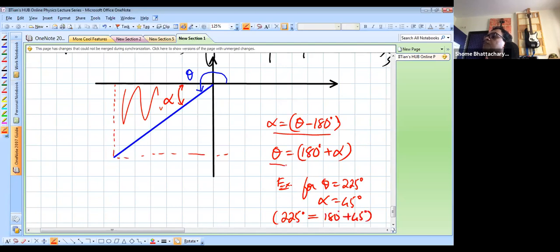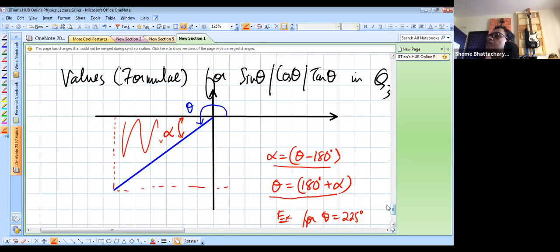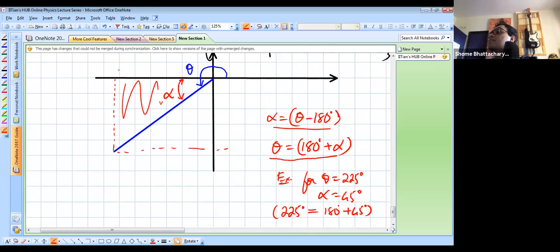So first, let's make sure we understand this. Then let us come back to this triangle. I'm redrawing this triangle like I had done before. In this triangle, the projection on this side should be x, which is, remember, on the negative side, and this side should be y, which is also on the negative side. Now, as far as just this triangle alone is concerned, just as a right angle triangle,